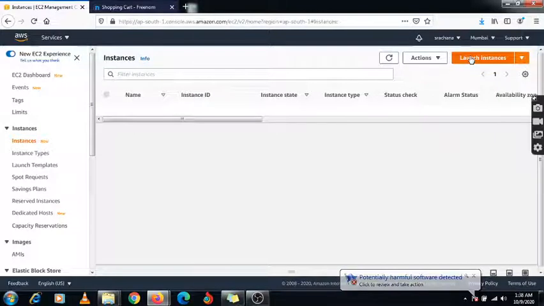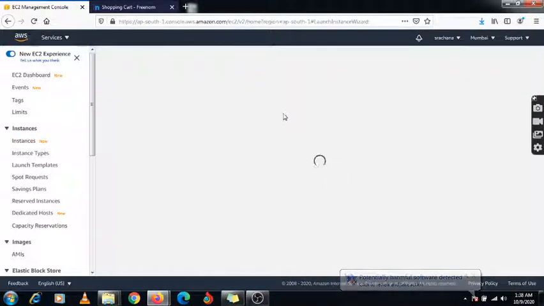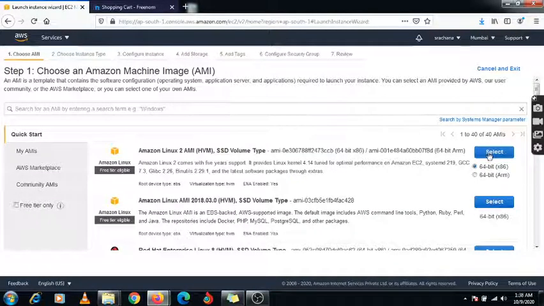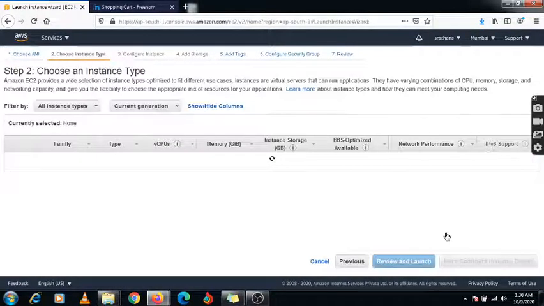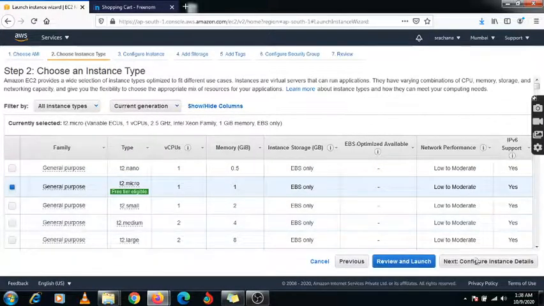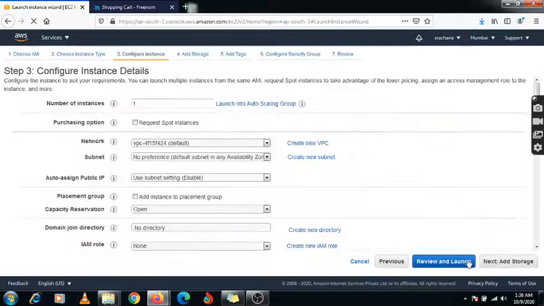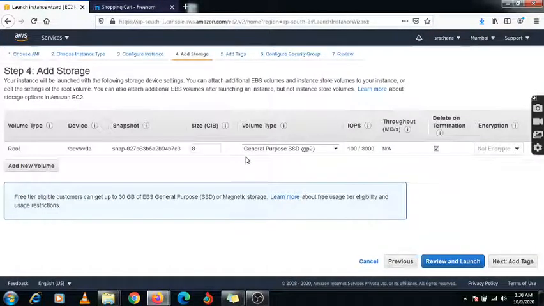First I am going to create one EC2 instance under this Mumbai region. I am going to create one Linux machine, configure instance, and keep all settings at default.